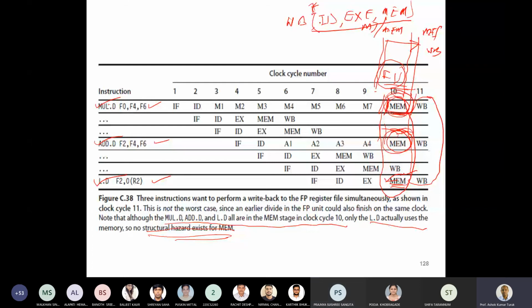Let's say an exception has occurred in the instruction decode stage. Suppose it is executing instruction I. There is instruction I plus 1 in the pipeline, instruction I plus 2, and let's say instruction I plus 3 also in the pipeline. Now it will handle the exception for the instruction decode stage, and it will re-execute the instruction starting from instruction I. So instruction I will be fetched, I plus 1, I plus 2, I plus 3 in sequence.